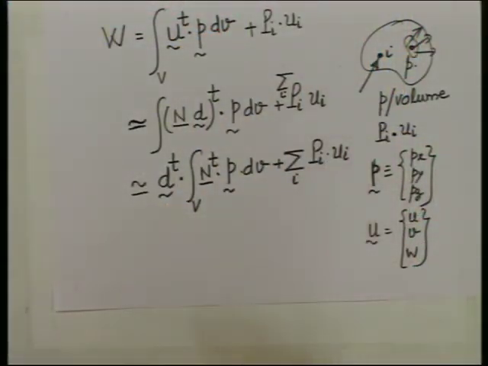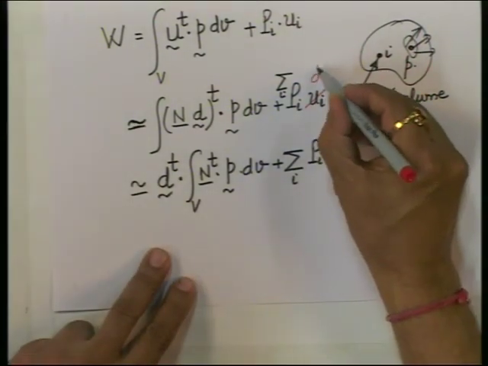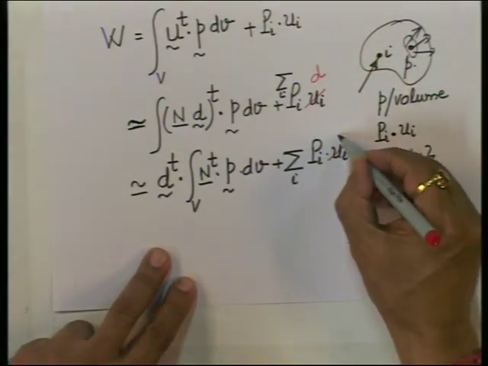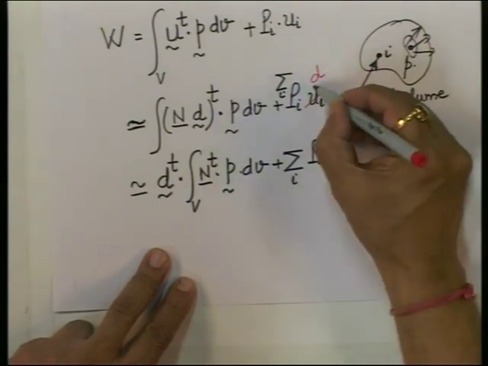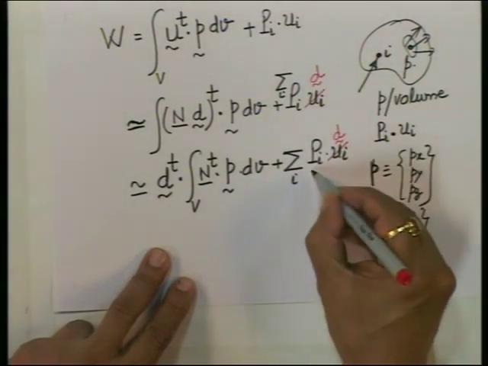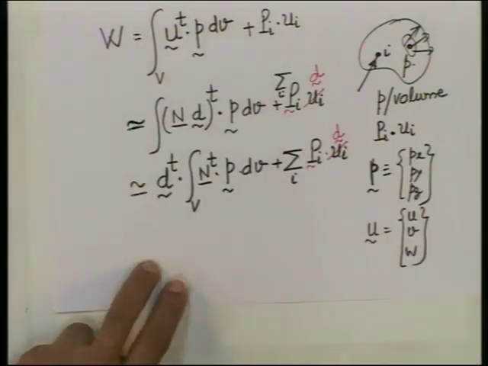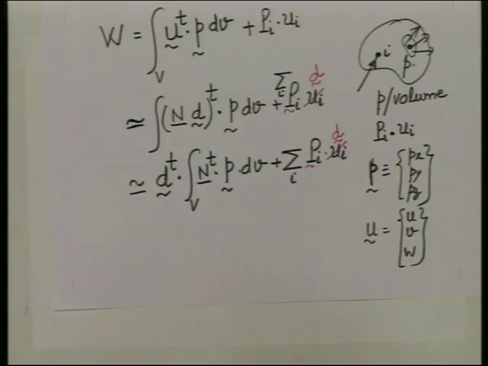So I personally think it is better to put this as d and this as d, and d can be a vector. This P can also be a vector. At the ith node there can be 3 components of load; at any node you can have P_x, P_y, P_z. Okay, all right. So, this is the expression for work done.